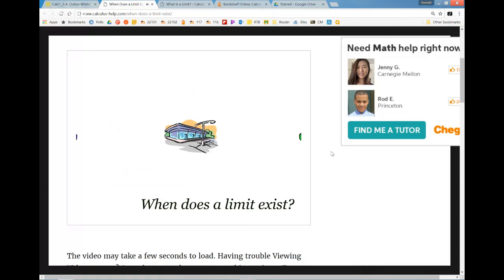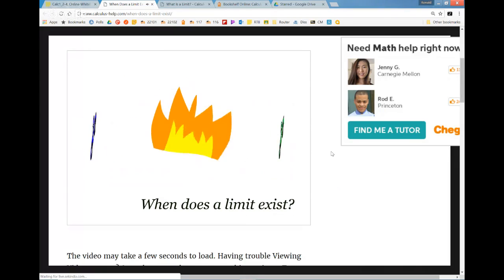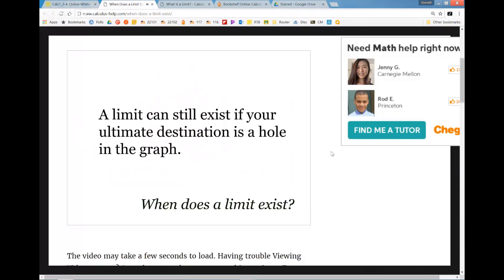Now, let's go back to our diner example one last time. Let's say we're traveling towards the diner. We both arrive at the same location, but the diner isn't there. Maybe it's caught fire or something. Does that mean the limit doesn't exist? The truth is, the limit will exist even if the diner's not there, because you still arrive at the same